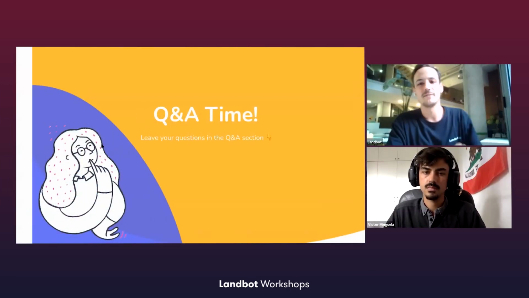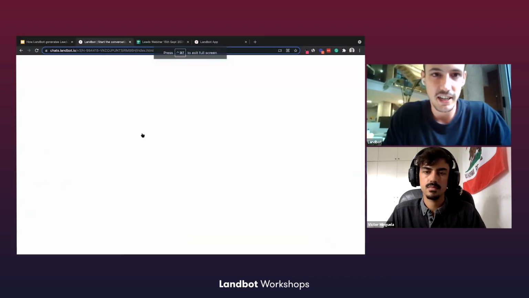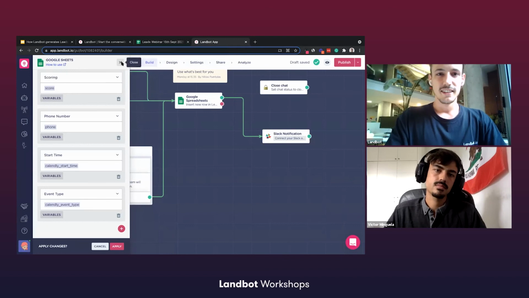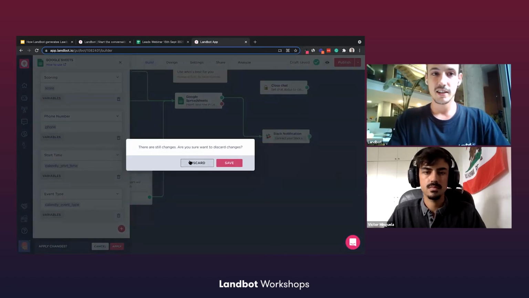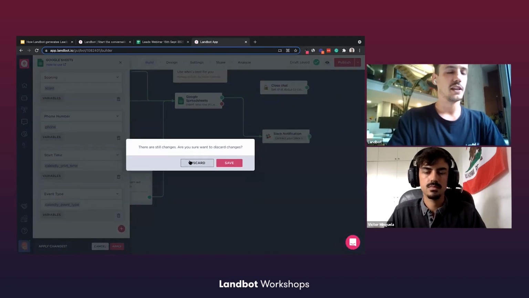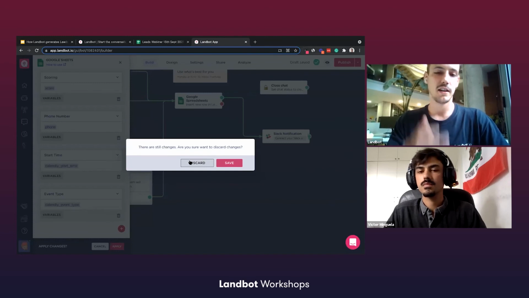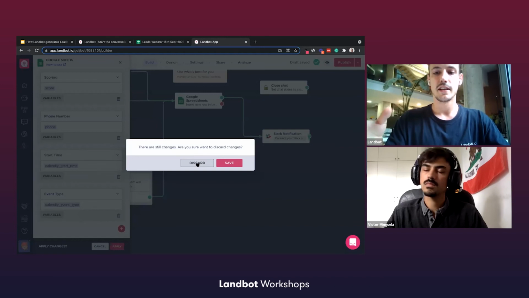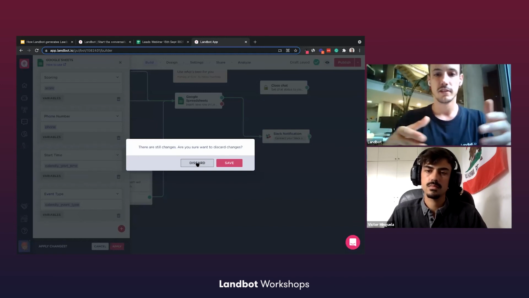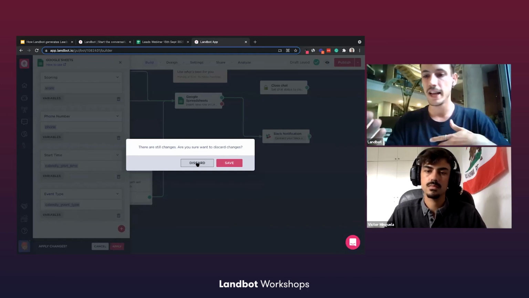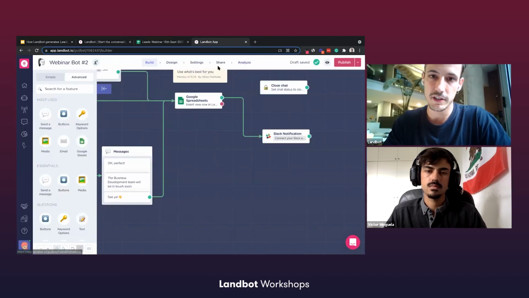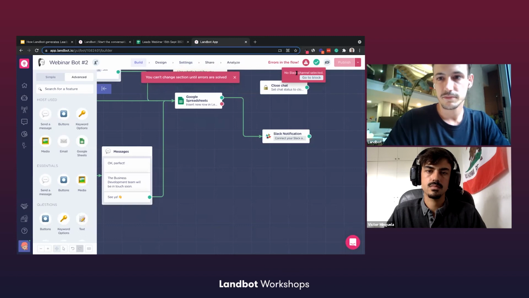So let me go back to the chatbot builder right here. This is something we constantly do. Every time we do a survey, a workshop registration bot, anything like that, and we already got the list of users we want to send that to, we're going to use hidden fields. So if we got your email, if we got your name, we're not going to ask for it again. So the way we do it is, first you need to go to settings.